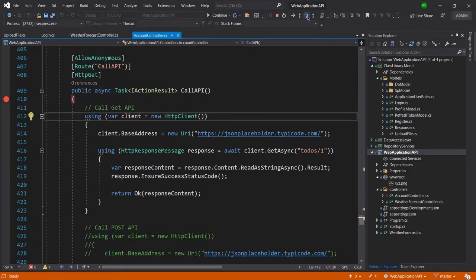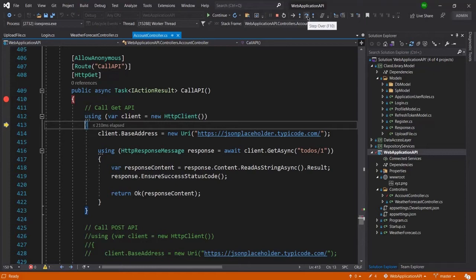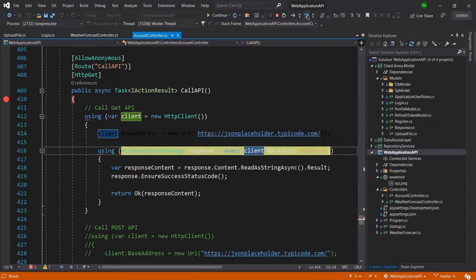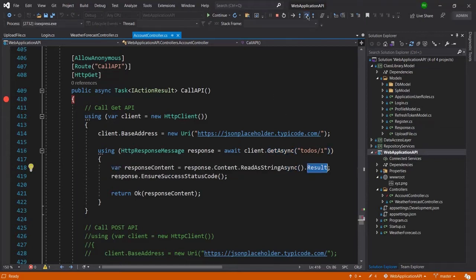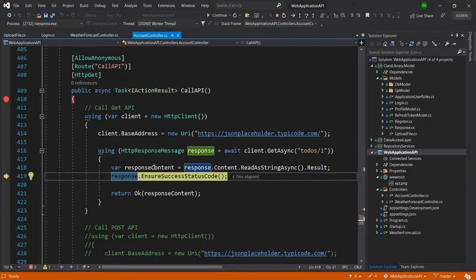So here you can see it has created the HTTP client object. Okay, and now I will add the base address to the client, and from here I have called the API, this line, and now from here I will read the API result, and you can see the result has come here.